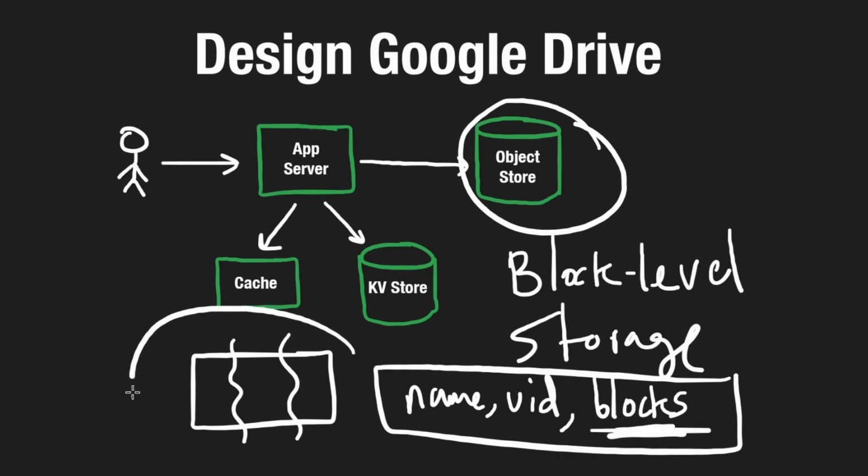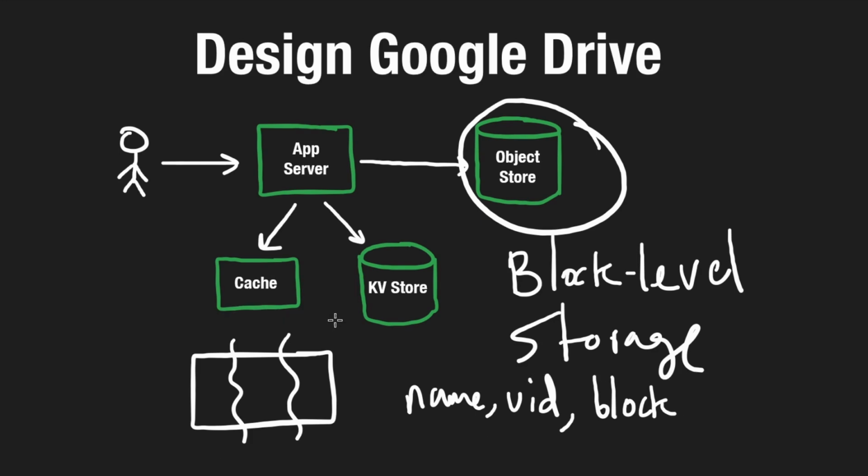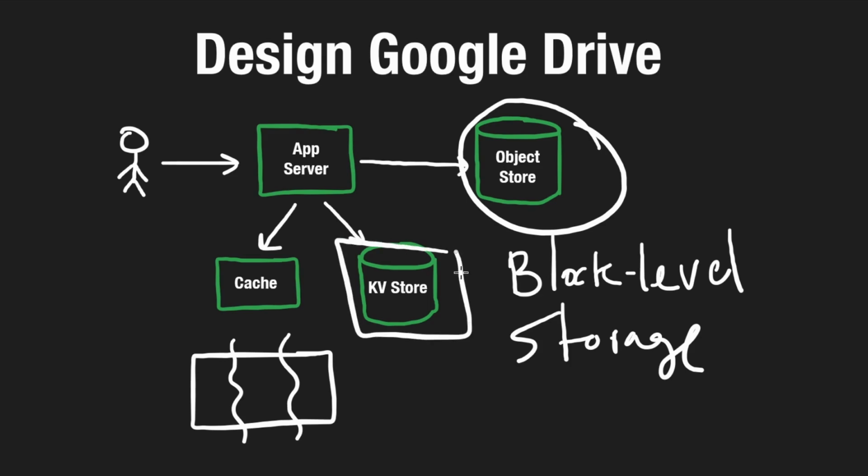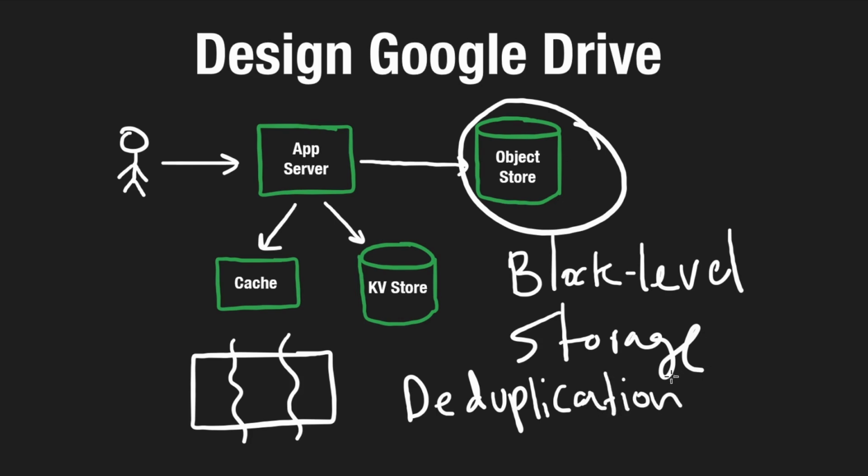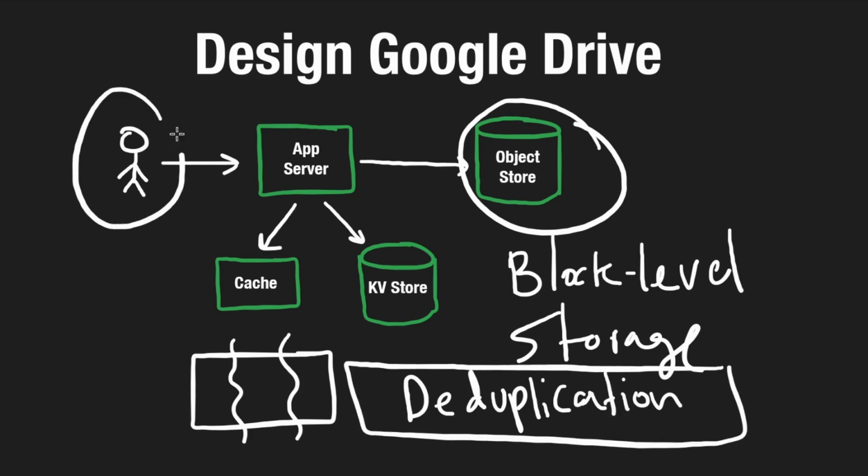Now, why are we doing it this way? Well, one advantage to this, and the biggest one that I wanted to point out, is that if we break data up into smaller blocks, it's possible for us to do something called deduplication. That means, for example, for an individual user, if they're uploading multiple files and we're breaking every file up into blocks, but we notice that for one file, one of the blocks is identical to another file's block as well. And since when a user fetches a file, all we really need to do is reassemble that file, so if we ever notice any duplicate